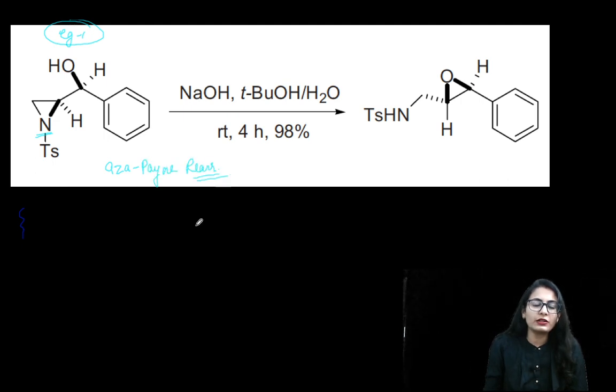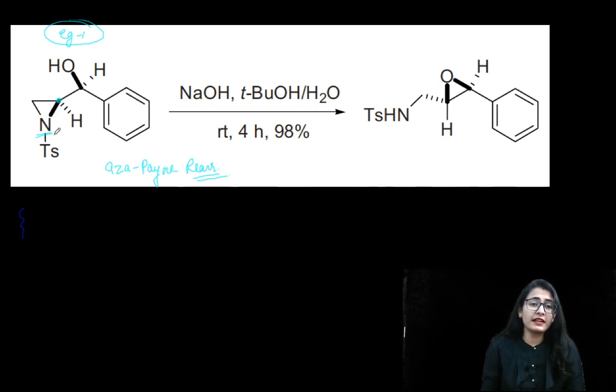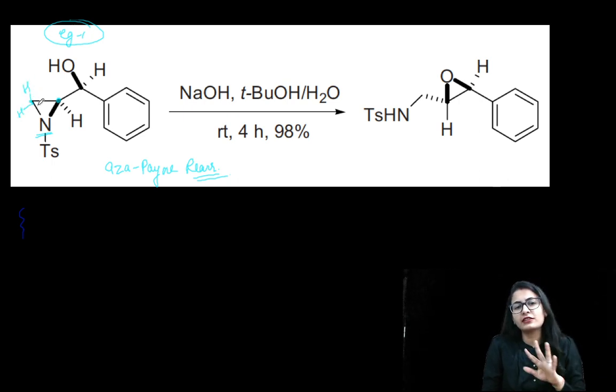Alright. Now the question is, how are you going to proceed, or let's say why is the product having this stereochemistry? And yes, over here the nitrogen or the aziridine ring, again the other carbon is achiral. This other carbon is achiral, so you need not mention the stereochemistry on this side. But onto this carbon, the second one, if we take the hydroxy carbon as first, the second carbon is chiral and it is having the nitrogen above the plane. On the first carbon, the oxygen is also above the plane.